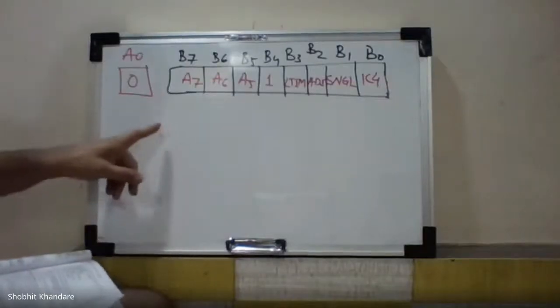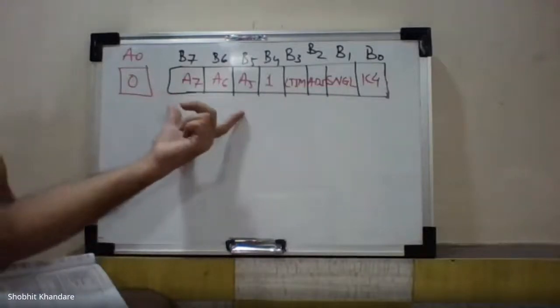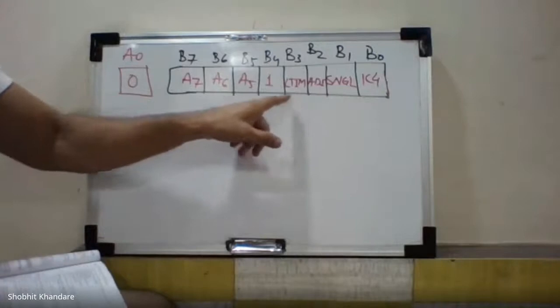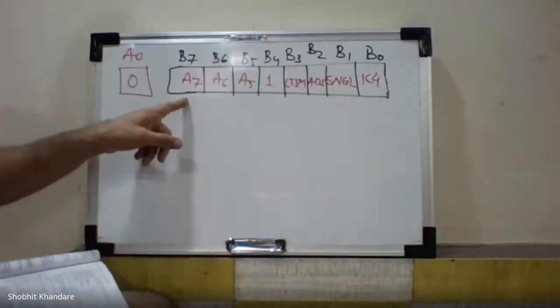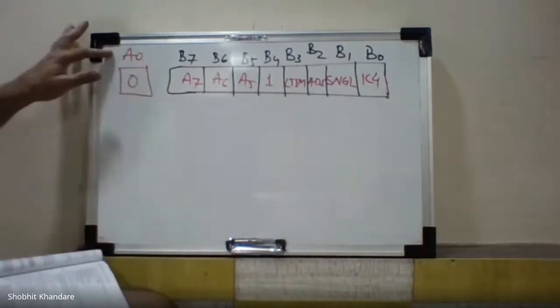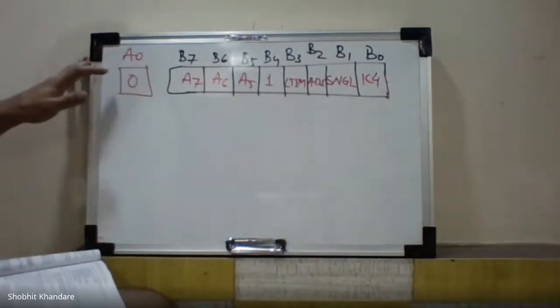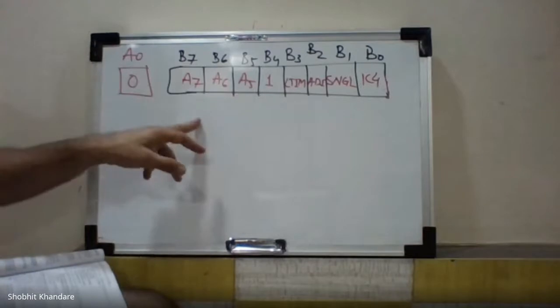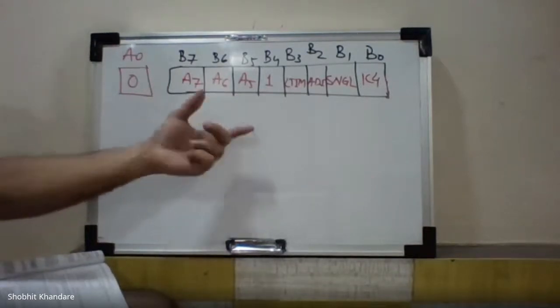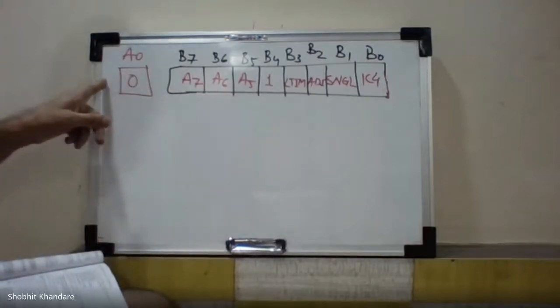Okay, sir. Yes. So first we are going to understand this is ICW1. This is the format of ICW1: bit 0, bit 1, bit 2, bit 3, 4, 5, 6, 7. So this is 1 byte. I wrote A0 separately because you know your A0 should be 0 if I have to send ICW1. If I want to initialize, I have to send the command word, so this address should be 0.